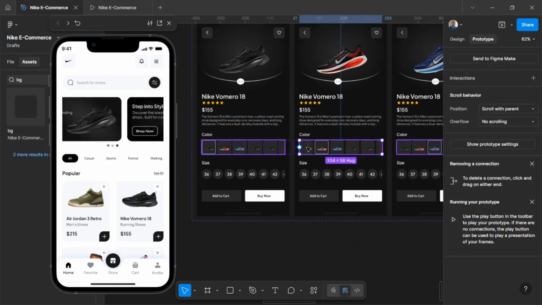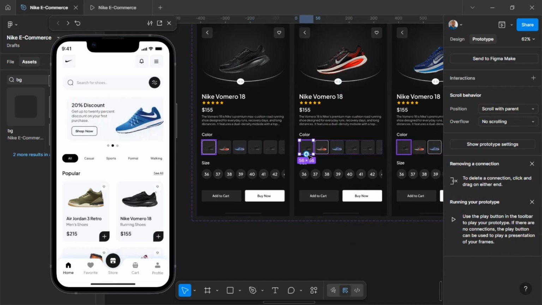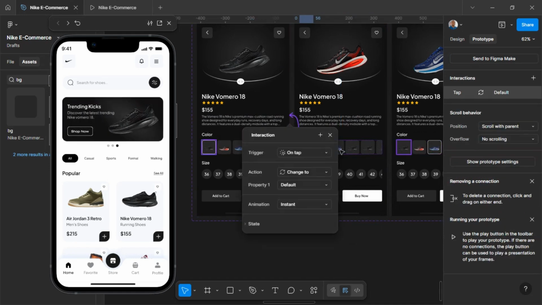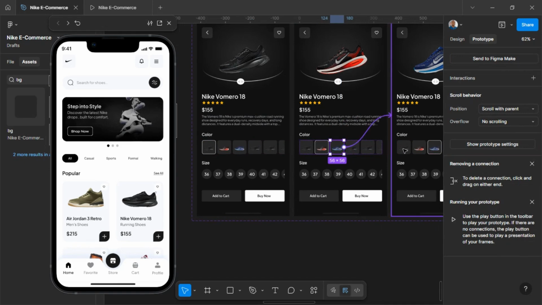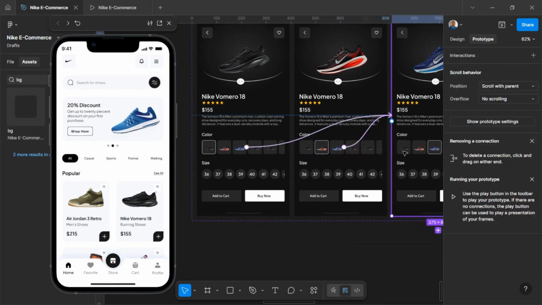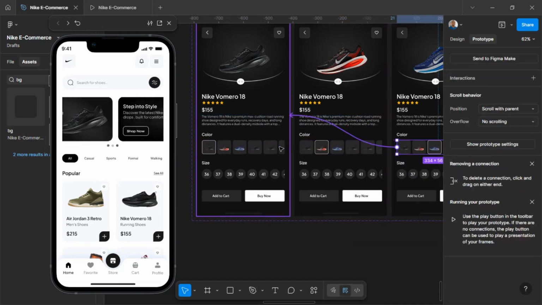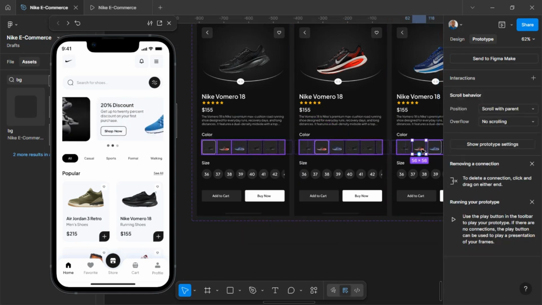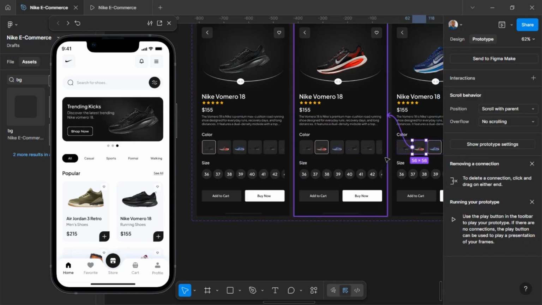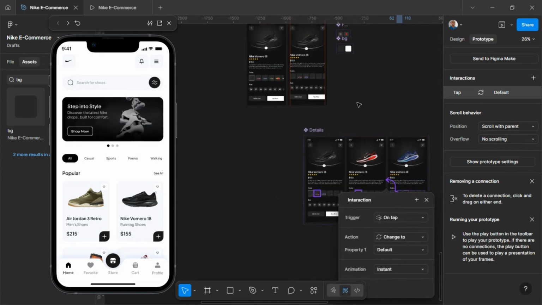Now, same thing on each of them. When you click on the black, we want it to go here. Click on the blue, we want it to go here. Click on the black, you want it to go to the black one. Click on the red, you want it to go to the red one. Okay, so